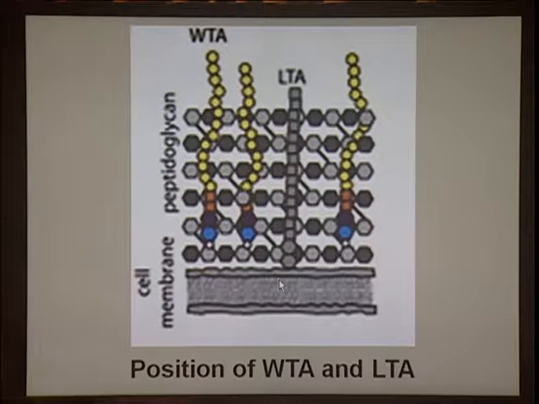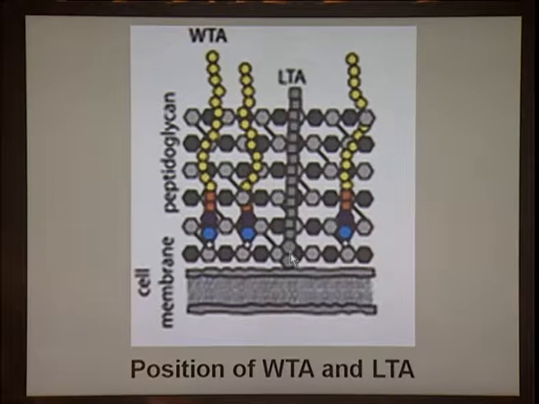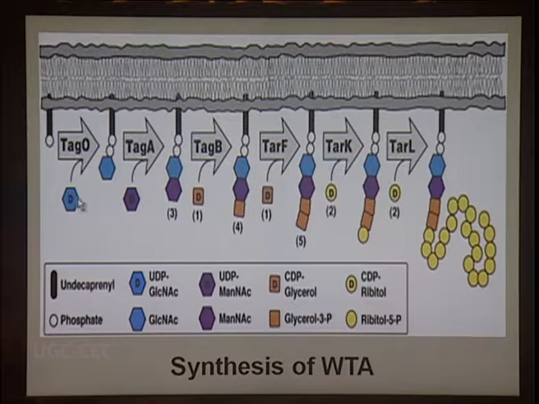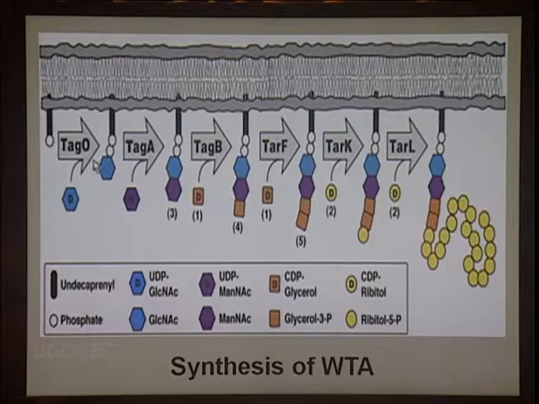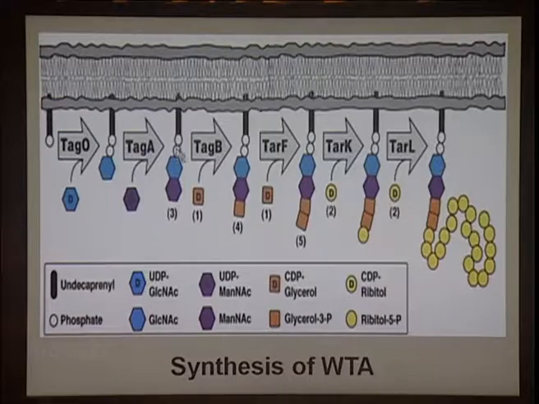Now, coming to the position of the wall and the lipid teichoic acid, you can see this is the typical lipid teichoic acid, a straight chain where it is actually having a similar type of compound, but in wall teichoic acid you have the different residues. You can see in this particular slide the different steps are involved. There is always a backbone. I told you the backbone is undecaprenyl and the phosphate which is binding with the sugar residue. So, sugar residue will be gradually getting attached, namely the glucose and the mannose residue, followed by the glycerol, and then this 2-glycerol residue followed by the long ribitol residue.